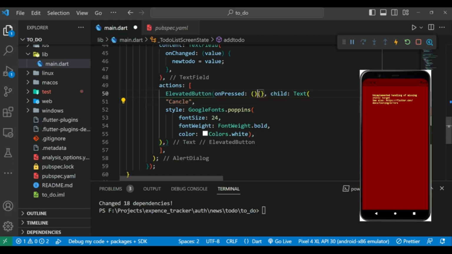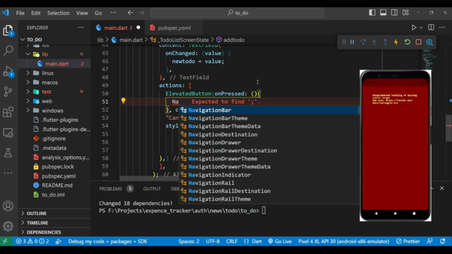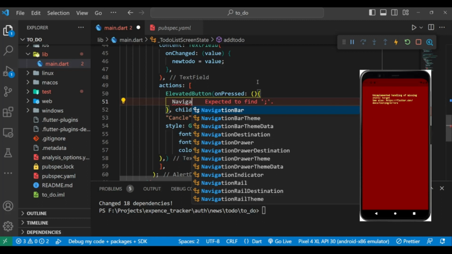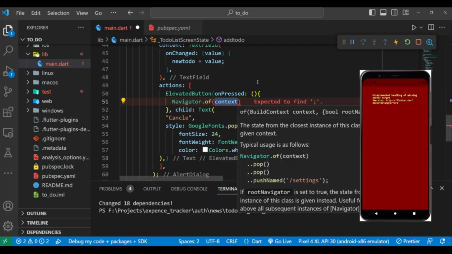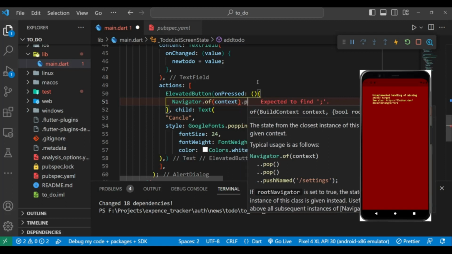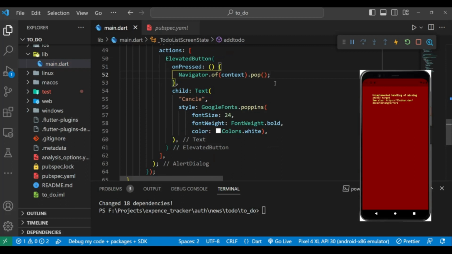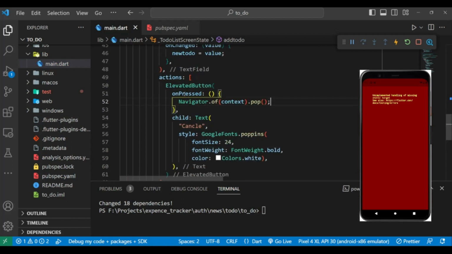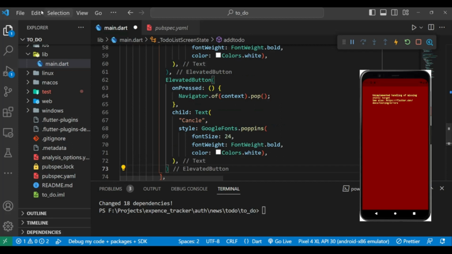The function onPressed we want to perform is to go out of the context and pop. So this is perfect, let's assign it. The next thing we also want is to make another elevated button for adding,